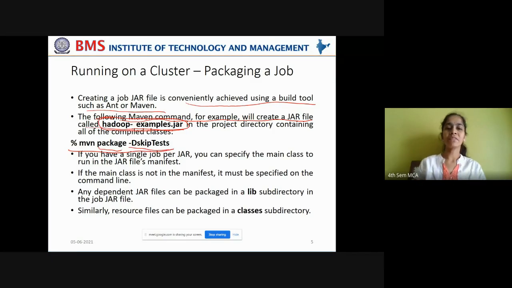Sorry, if you want to skip the tests that are written for mapper and reducer and directly test it on a cluster, in such cases, in order to give skipping a higher priority than the existing commands, you have to give -DskipTests. So all the tests will be skipped and the jar file will be created.